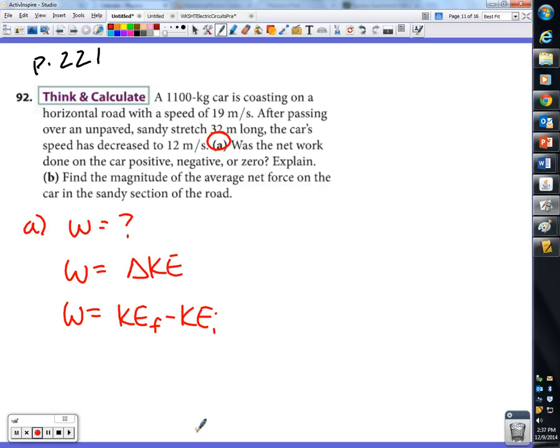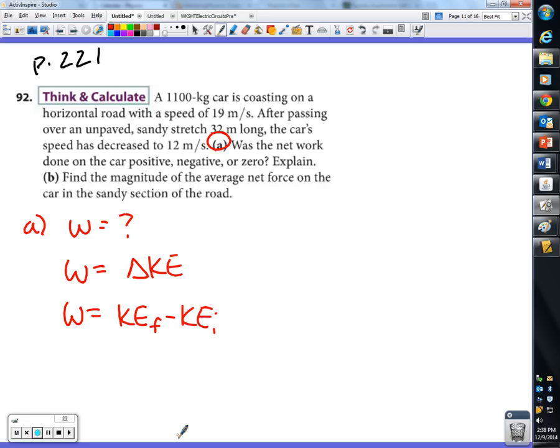What do we see about the final velocity versus the initial velocity in this problem? Final velocity is smaller than initial velocity, meaning the final kinetic energy will be less than the initial kinetic energy. If we plug that into this formula, if we have a smaller final minus a greater initial,